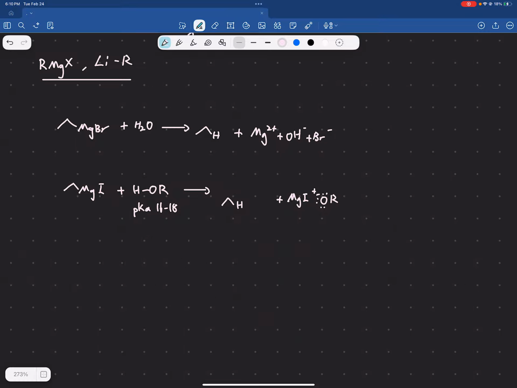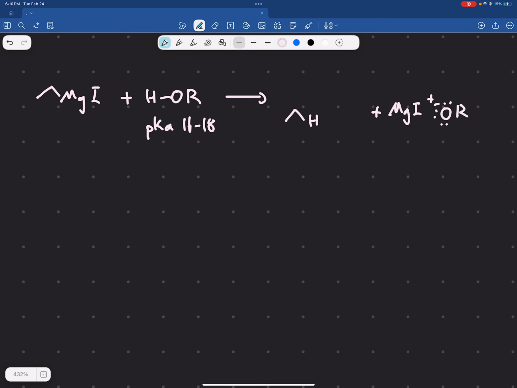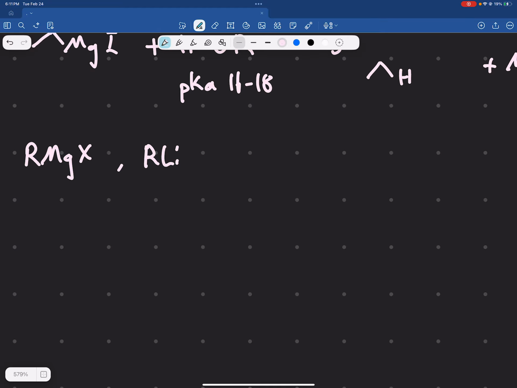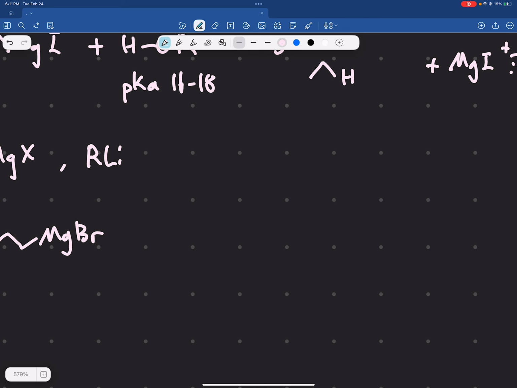So that's another example of a strong base, RMgX acting as a strong base. But these Grignard reagents and lithium compounds can also react with oxiranes. So we have butyl-magnesium bromide, and if we react this with ethylene oxide,